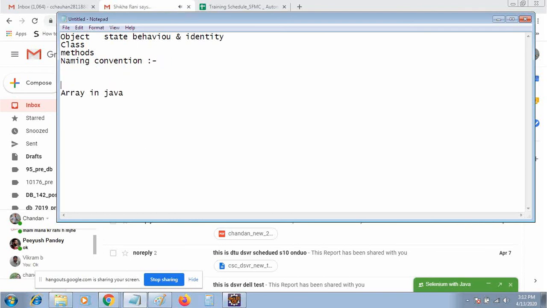It is an important point because throughout the complete life cycle of Java, it is mandatory to use the correct naming convention so that anybody can understand whatever you have created, whether an object, class, or method.